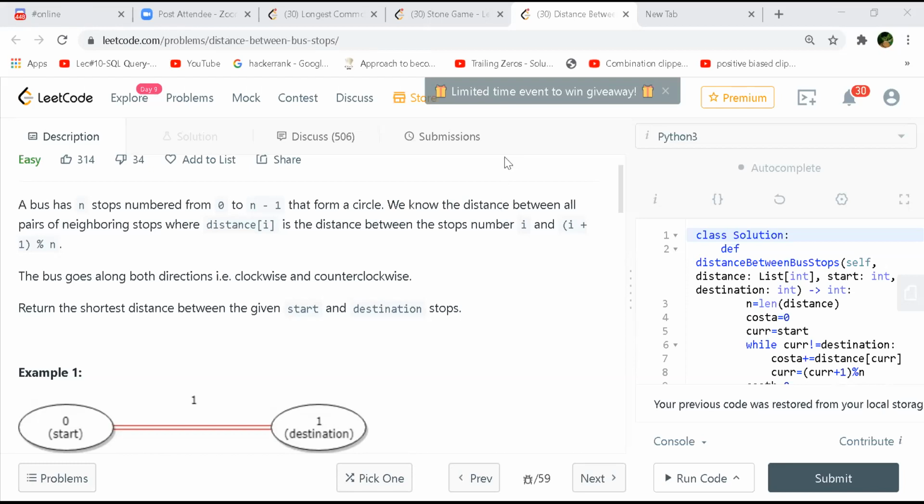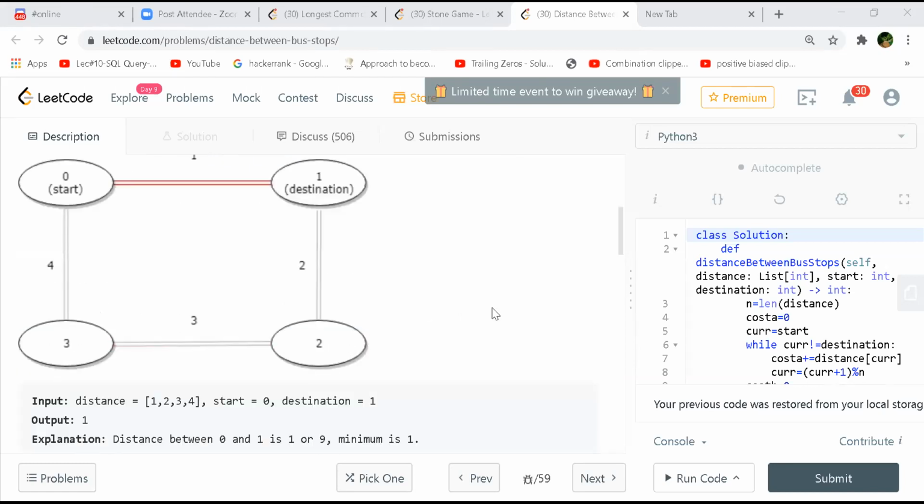But in some test cases, they actually are reversing the destination and start. It won't always be like that, right? It came first in test case 24 in the total number of test cases. So there we can just swap if the value of destination is less than value of start. Since the main intention will be the same, that is calculating the values from start to destination or destination to start and take the minimum.